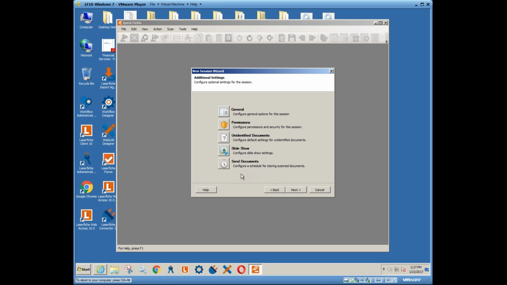You can run a Quick Field session manually, but then they get stored on a schedule even without having to use Quick Field's agent. As we know, Quick Field's agent can be a bit pricey and makes sense when you have lots of sessions and lots of automation that you need. But if you are running a session during the day, but then you want to make sure that the storage of those documents does not occur until later in the evening, that's what this Send Documents dialog is going to